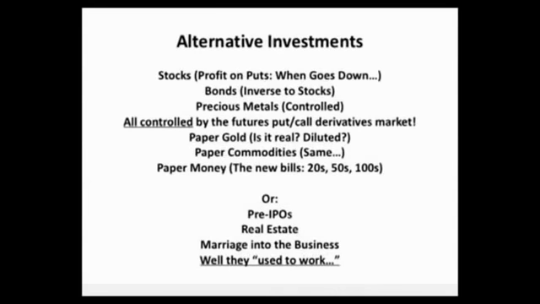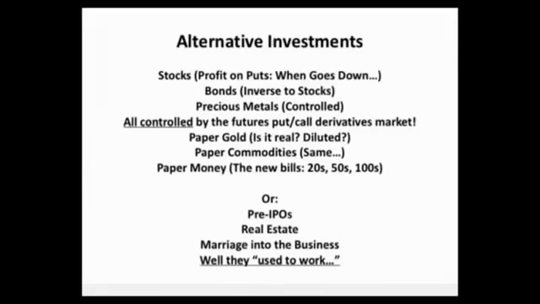Then on the next slide, I wanted to talk about alternate investments. Why should I be interested in cryptocurrency? Why should I be talking to Steve about what we do with our money? Well, I've been looking at stocks. You know, we talked about how I like to consider how things work. And as far as I can tell, people make money on the stock market only when it goes down. And that happens real fast, so I gave up.